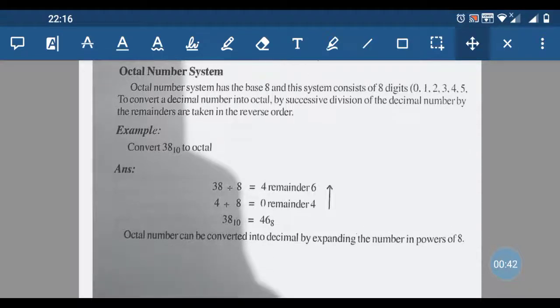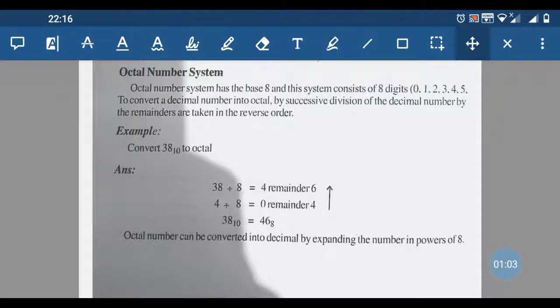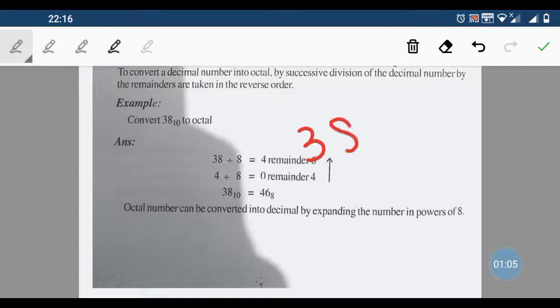a decimal number into an octal number is to successively divide the number by 8, and write the remainder in each case. The corresponding octal number is obtained by writing the remainders from the bottom to top. As an example, we can take the case of 38. So 38 is divided by 8. The answer is 4 with the remainder